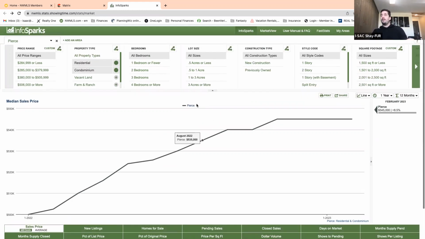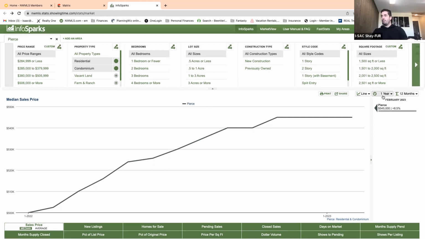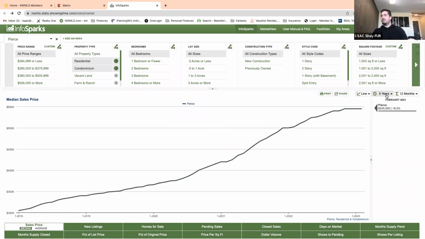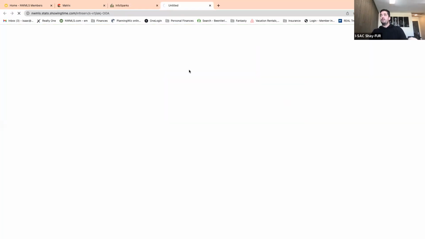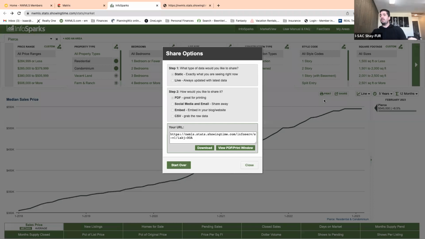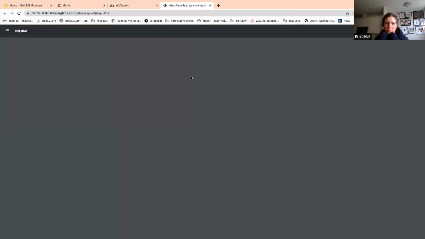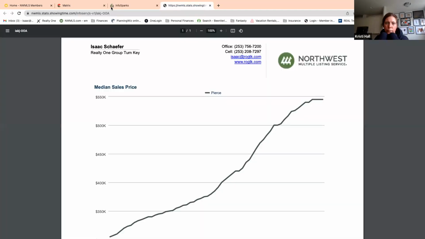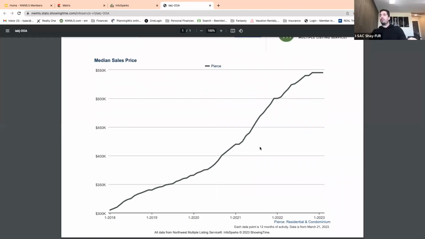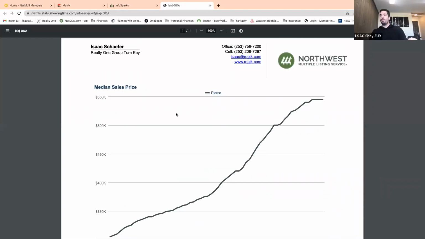And you can go on here, and again, you can manipulate this however you want. You can go back 1 year, 5 years, and see the greater trend. You can do it however you want, but then go to your seller and print these out. I'm not sure if you saw that, you can just click print there. And you can literally bring this information to them and show them